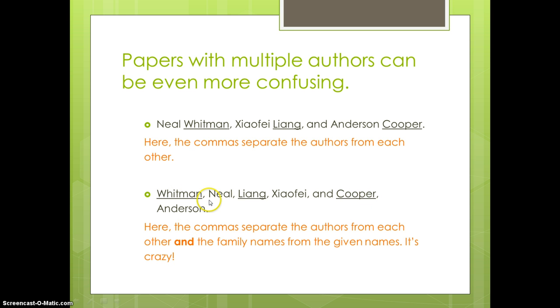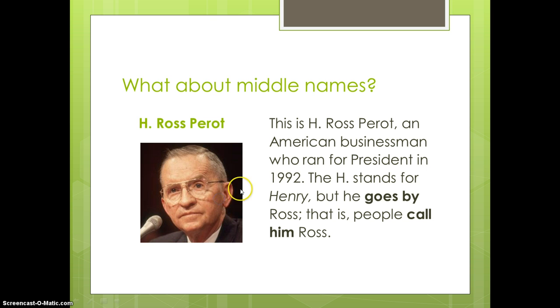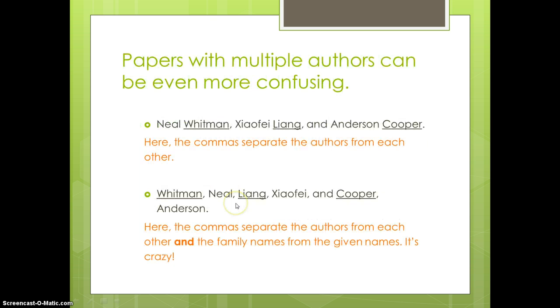But if you have a paper with 10 authors or something in there, if you don't count right, if you get the count wrong, you'll wind up saying something here in the middle and think there's an author named Liang Neil. So be very, very careful. In fact, I sometimes just put boxes around the author's names in a situation like this. Okay,